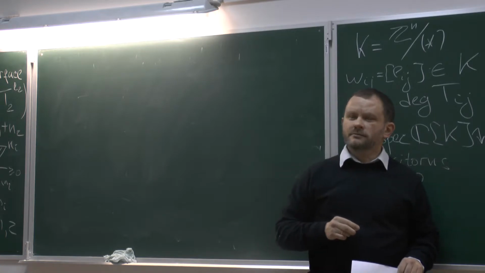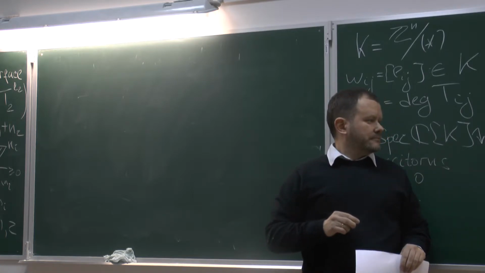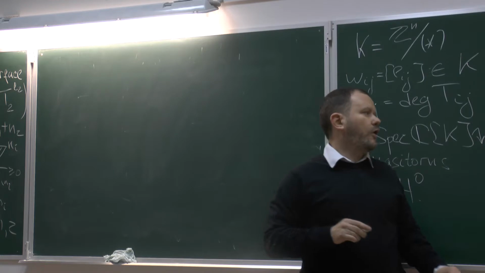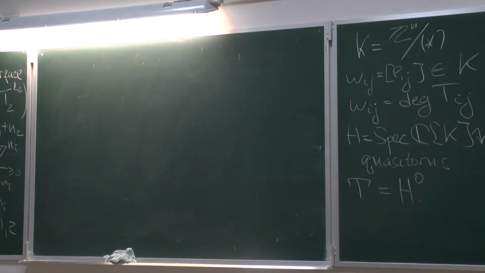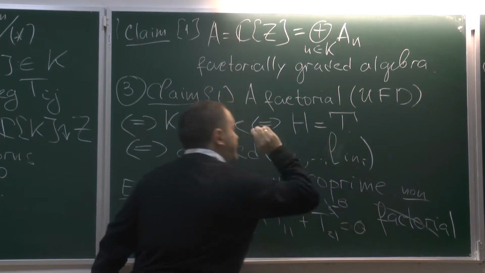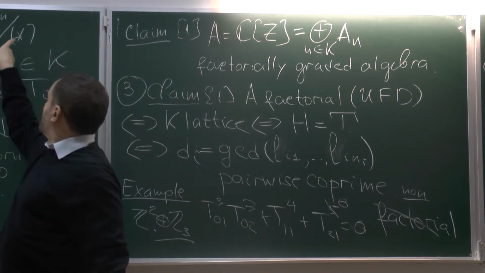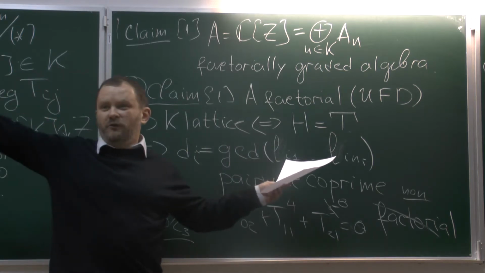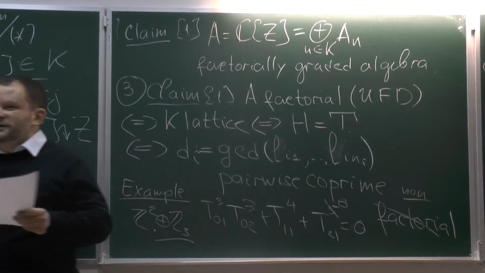I'm a bit confused about this claim because K, you are saying that K is a lattice and K depends on your W. But your d's depend on your e_i's. Is it K? Oh, I'm sorry, maybe it was better to choose better letters. So these are exponents, not this basis vector. These are exponents in this polynomial. So it depends only on the explicit form of my relation, not on any gradient or something like this.